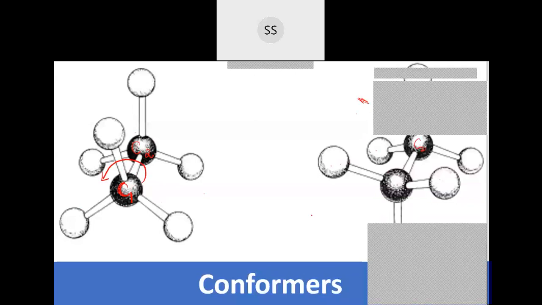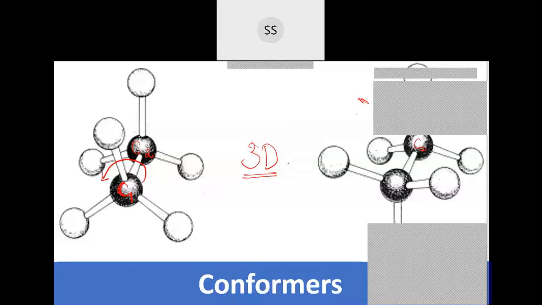There is a name for it that I will tell you. I hope these conformers are clear to you. They are nothing but different arrangements, and we call them spatial arrangements. Why? Because it is three dimensional. It's 3D, not 2D. It's not happening in the plane. Whatever you have in three dimensions is called spatial. Spatial doesn't mean you have to go to space. Spatial means when you have a three dimensional arrangement of any atoms or molecules.